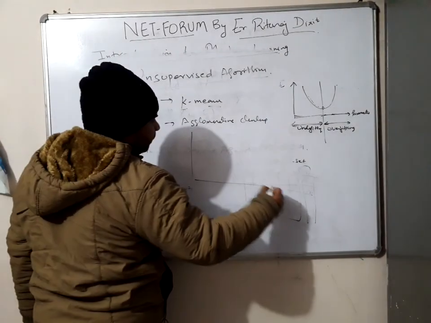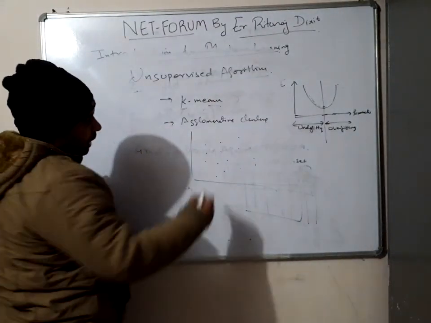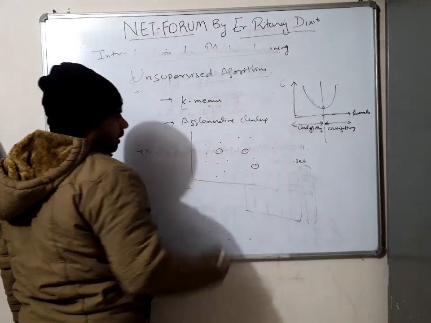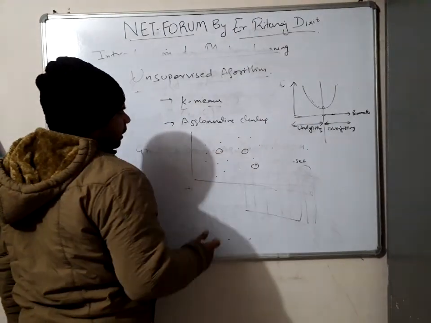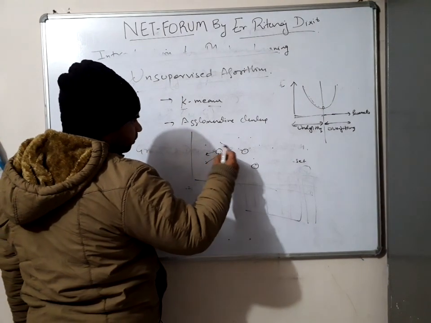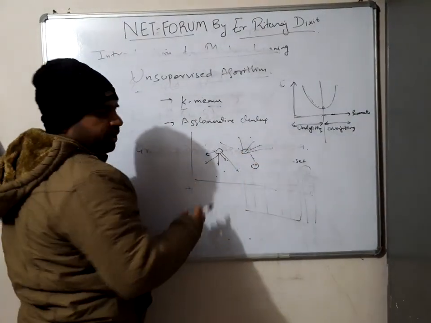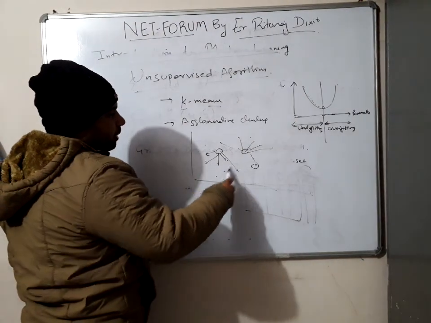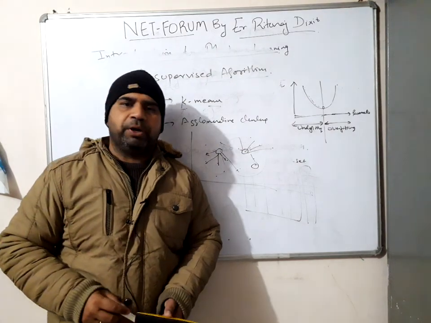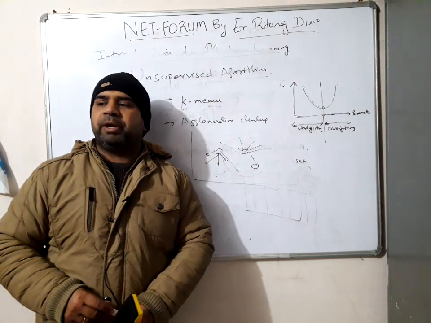Suppose these are some data points, and we take these as the clusters. Suppose they are single units, then we calculate the equilibrium distances from their nearby neighbors and keep making a similarity matrix. With the help of the similarity matrix, we decide which particular element will come in each particular cluster. So this is the example of k-means clustering. Similarly, we do agglomerative clustering also, where we make the random ones.